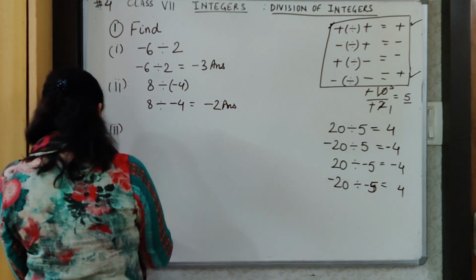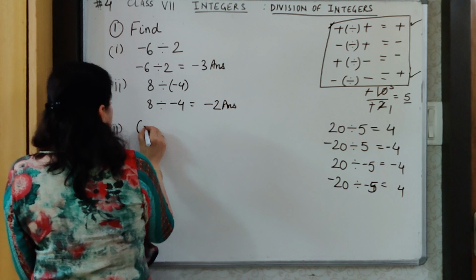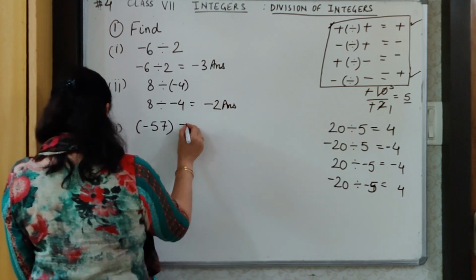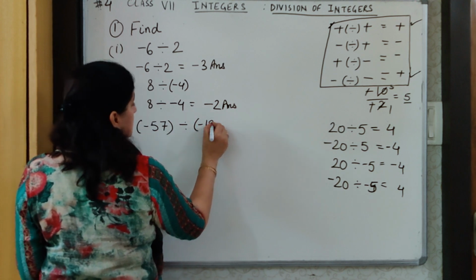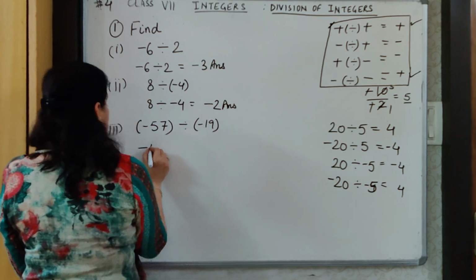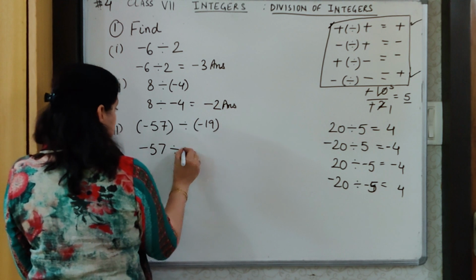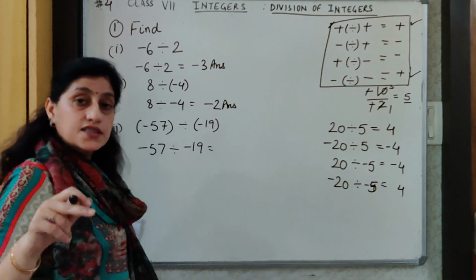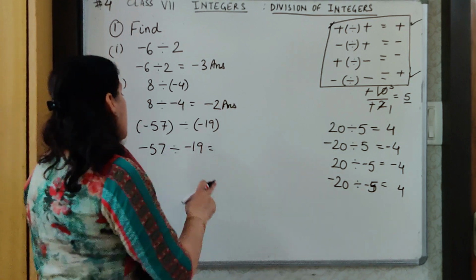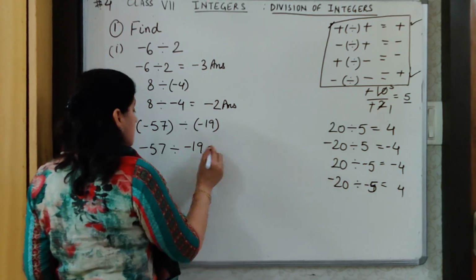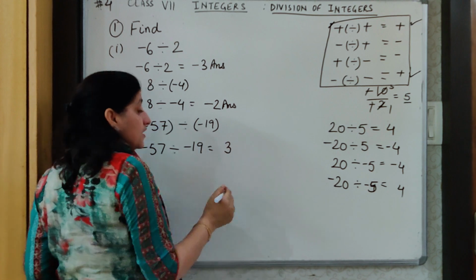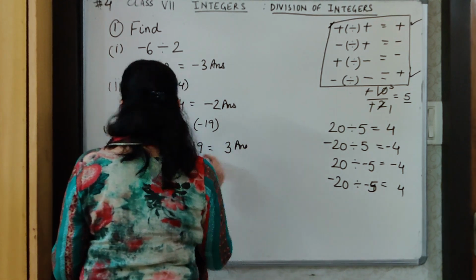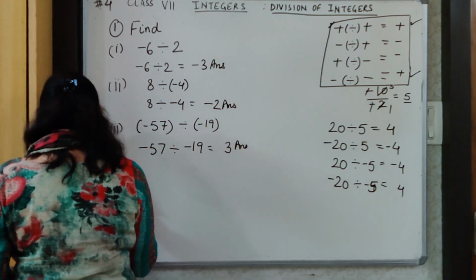One more we are taking over here is both negative integers, minus 57 divided by minus 19. So first I open the bracket, and when I see both the integers are negative, the answer will be plus. And 19 multiplied 3 times gives me 57, so I will get 3 and the answer will be positive. Okay. The next one,